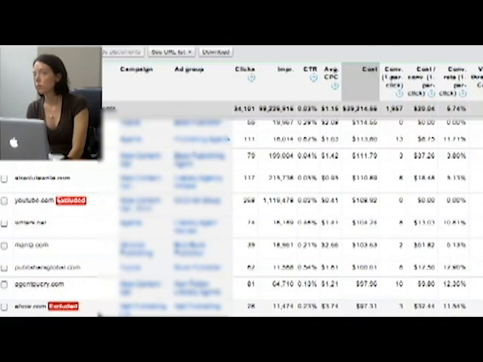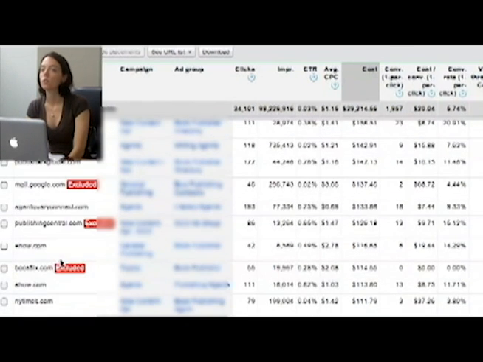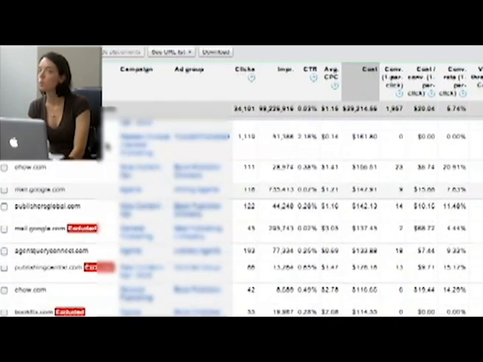but then like down here, it's excluded at the ad group level. And you can tell it's only excluded at the ad group level because that other instance doesn't say excluded. If it was excluded at the campaign level, then all the eHows for that campaign would say excluded. But